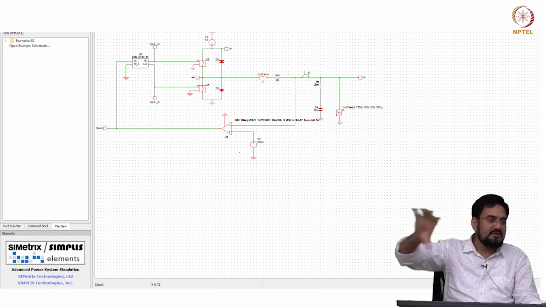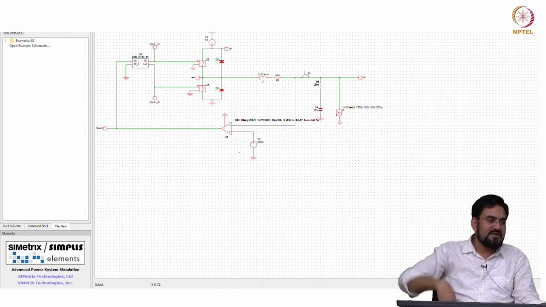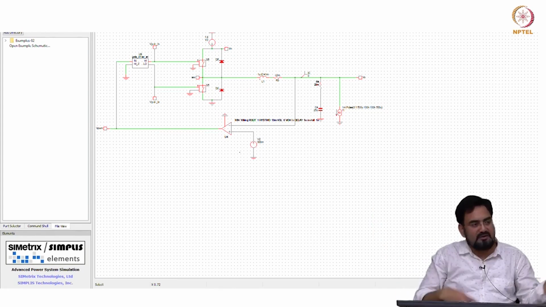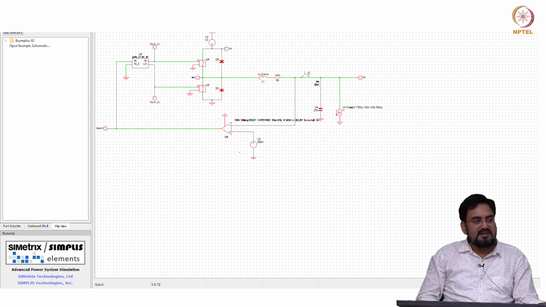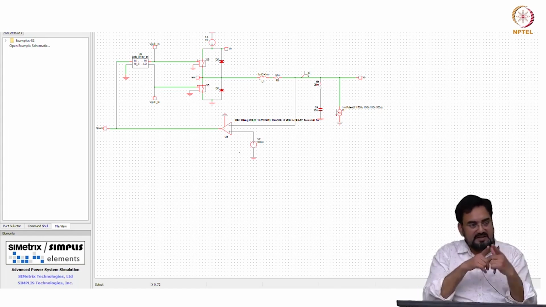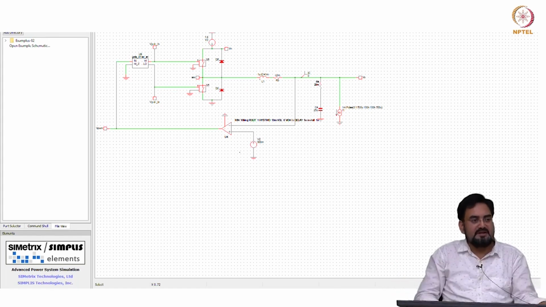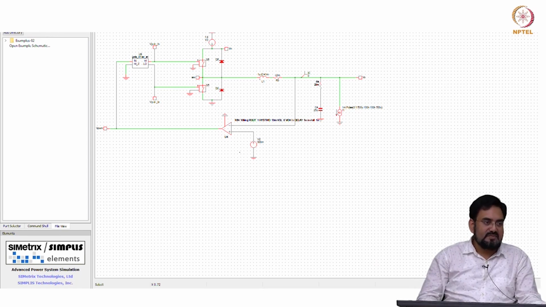So you might see random output coming at the comparator. It won't look like a clean PWM at one frequency, but your frequency may go all the way around and it will look very bad. So your spectrum will not be at one frequency, but it may spread and interfere with your system. So noise is another problem, and there are some techniques to get rid of it. So that is why it is not very good.